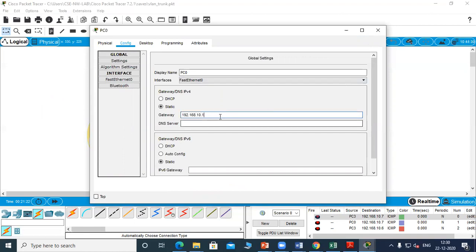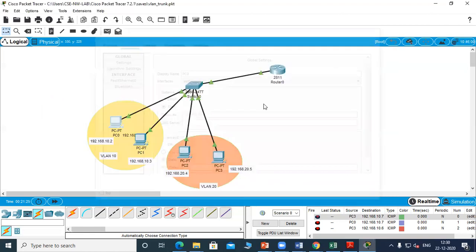So this is for the 10 network. So the gateway address is 10.1.